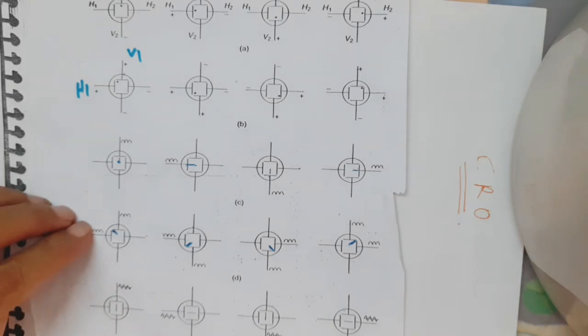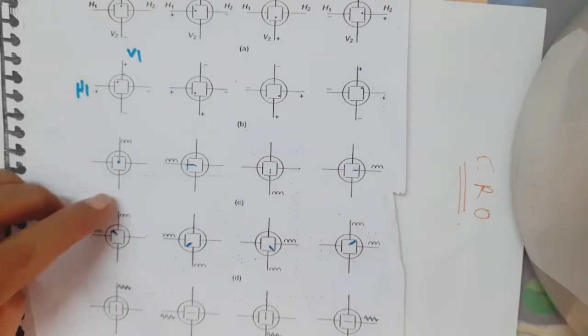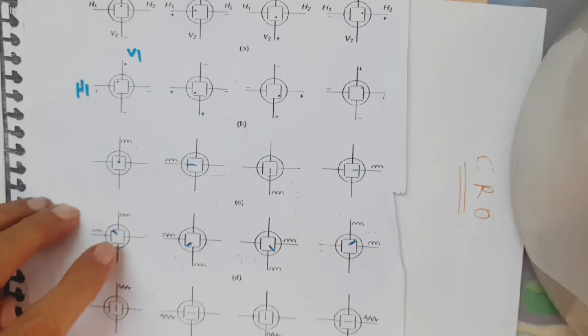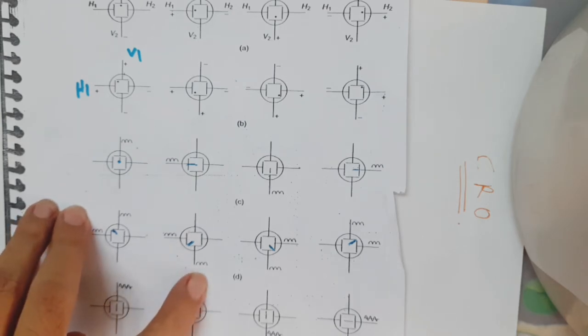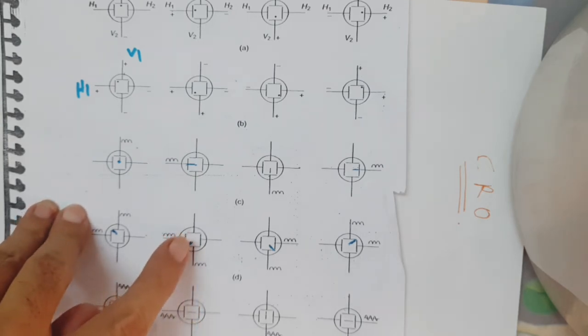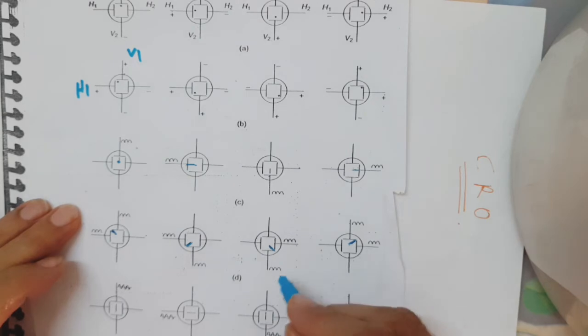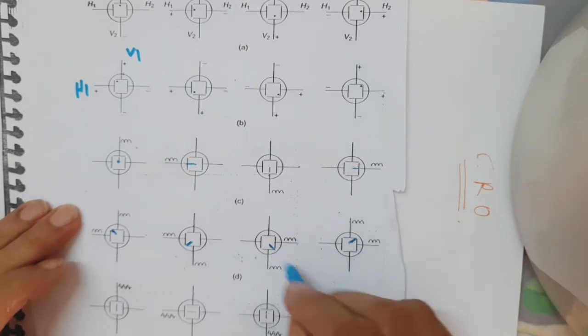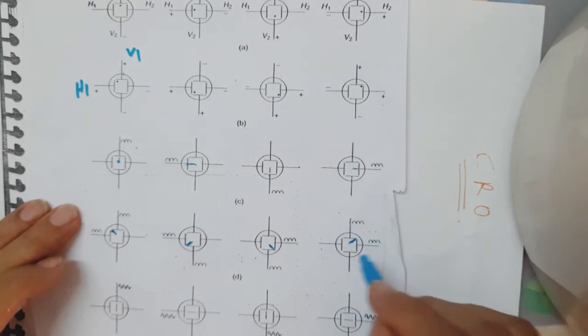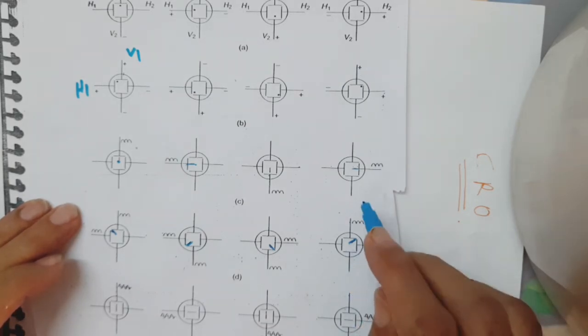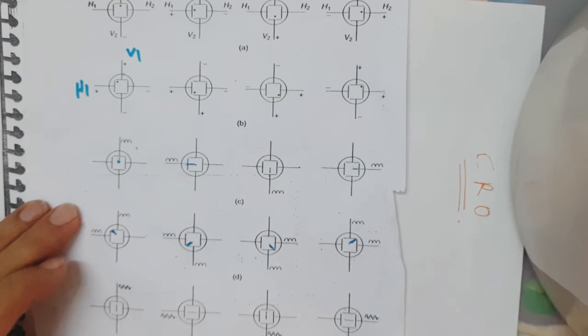When the upper terminal H1 is positive, V1 is positive, we are getting left hand side angle. V1 is positive, H1 is positive, and V2 is positive, we are getting this type of angle. Same way, if this side, then right hand side, lower side straight line. If we are applying this type, right hand side upper direction straight line, we are getting like this.